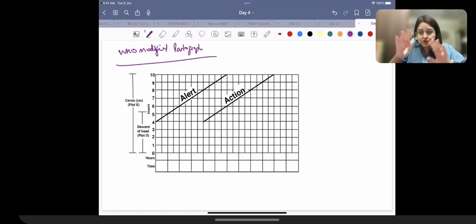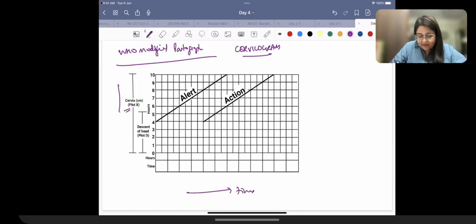Okay, so I'm not showing you the whole partograph. I'm just showing you the most important part of the partograph, that is the cervicogram. This is the cervicogram. This is cervical dilatation. Okay. Cervical dilatation versus time. Okay. Now, in this, you need to understand